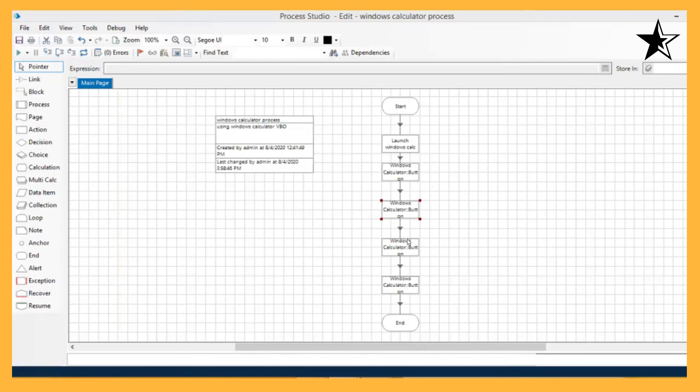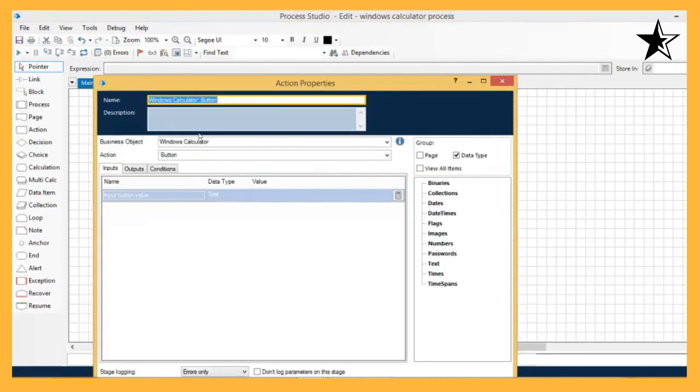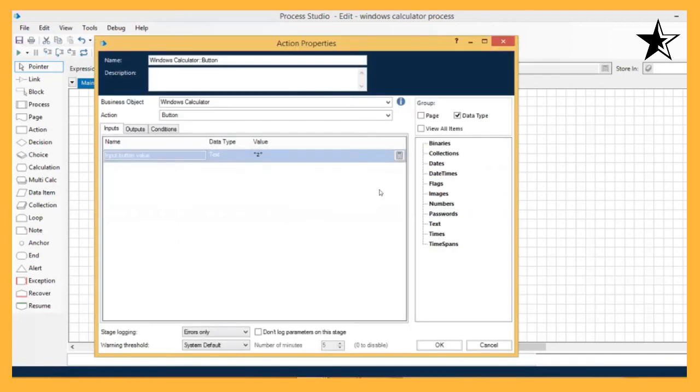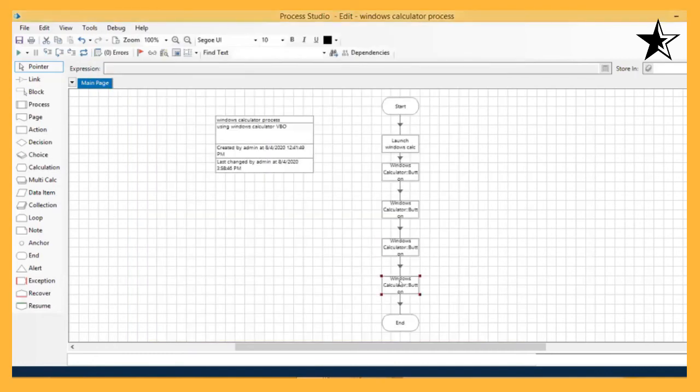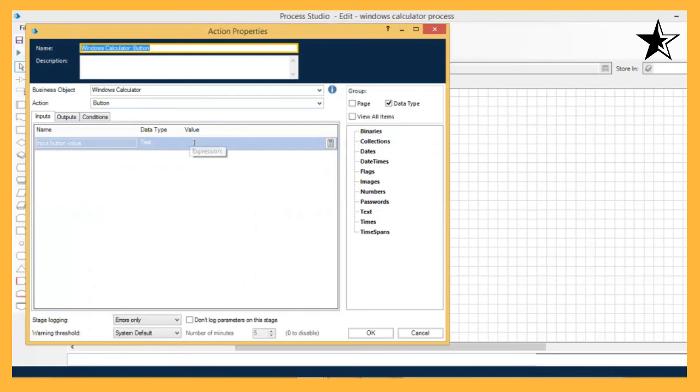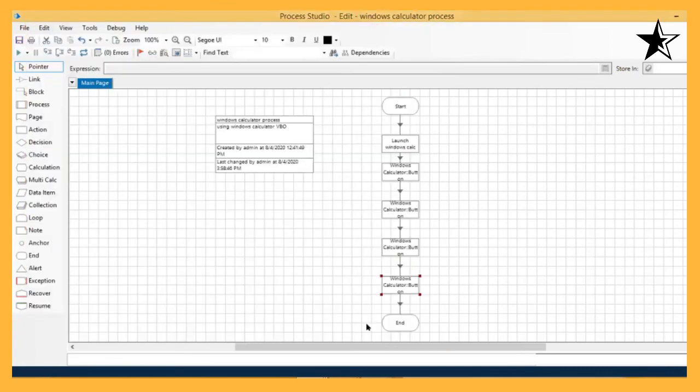Then you will select the button number 2 in the double quotes. And then you will click on button number equals and OK.